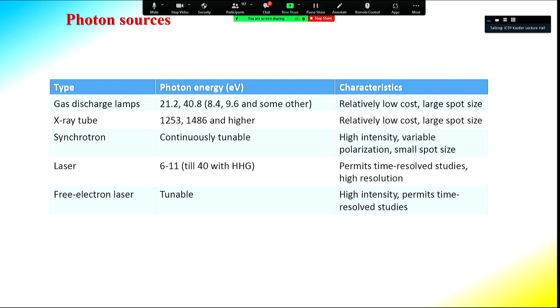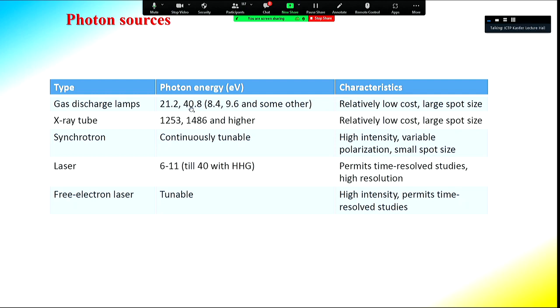They are more available than the rest, but they have somehow lower resolution. Typically the resolution is much lower, and they have a large spot size. And they also have a fixed photon energy. For studying the valence band, one normally uses